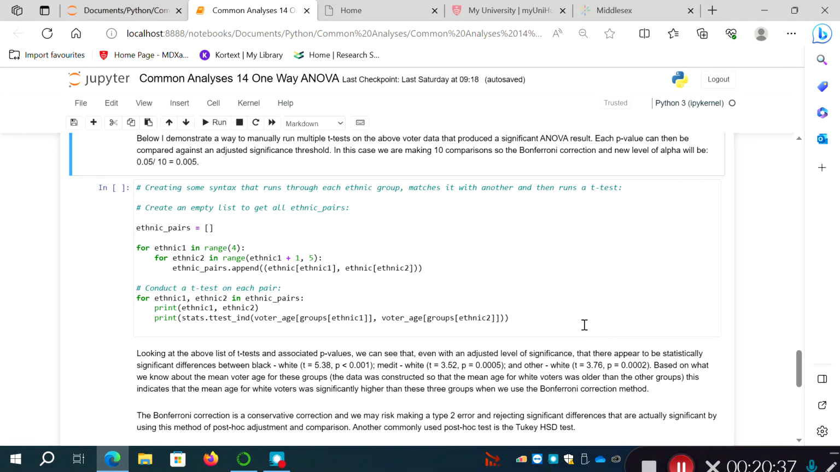Alright, so in this cell what I've done is I've created syntax that runs through each ethnic group, matches it with another group, and then runs a t-test. And I've done that using a couple of for loops. One is a nested for loop. So to start with what I'm doing here, where it says ethnic_pairs equals, and then these brackets, I'm creating an empty list, and then we're going to use this for loop to loop through each ethnic group